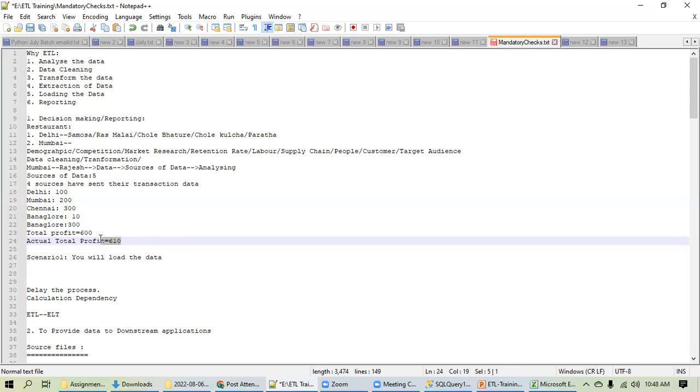How to run them and all those steps we will discuss when I teach you about the Control-M application, which is used to run jobs. We will discuss all these things down the line, but right now just understand that jobs are nothing but a script having certain lines of code which will help you load the data from the source system to a staging layer or from a staging layer to other successive layers. So if you have received data only from 4 sources, what should be the ideal course of action? Should it load data or not?